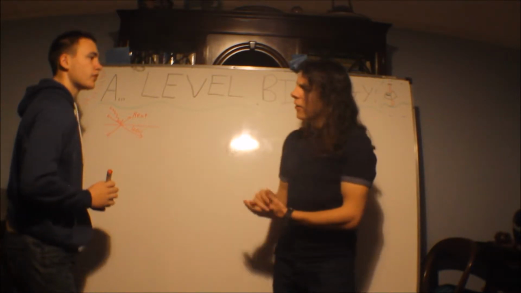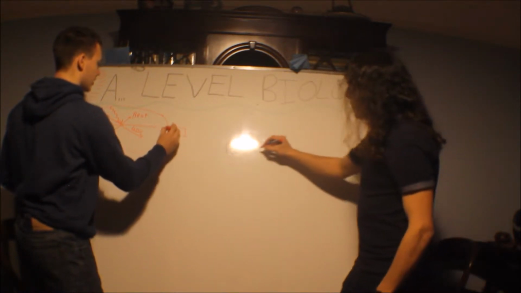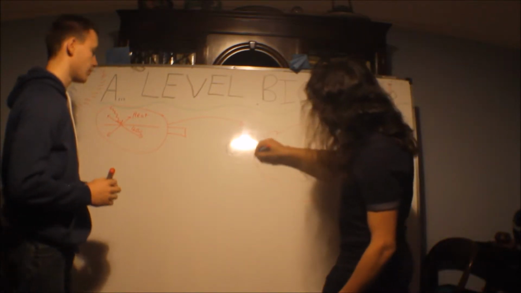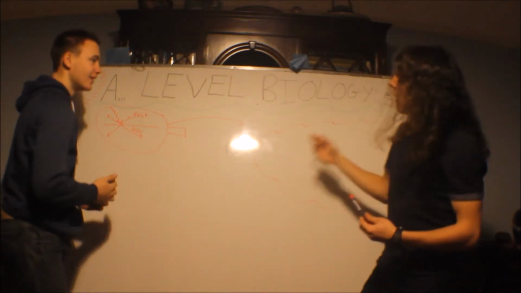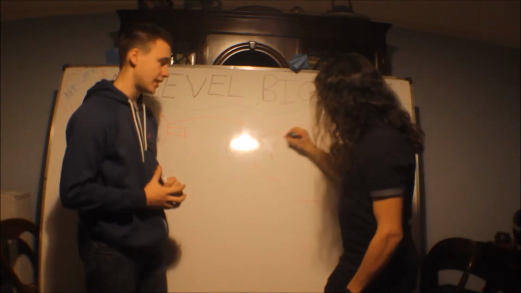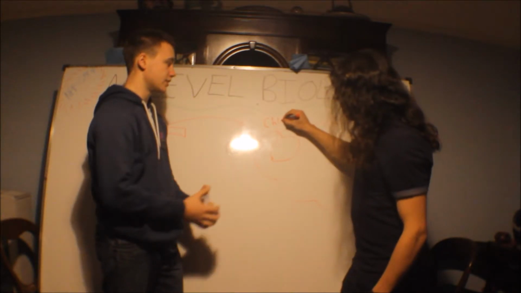So I think we should zoom in now. You'll notice we've already lost 60% of the energy from the sun, and we're just at the first stage. What I'm drawing now is a very large palisade mesophyll cell. That's a magnifying glass, by the way. That's on the leaf. In that is a chloroplast. This is what this 40% is going to hit, the chlorophyll and stuff.